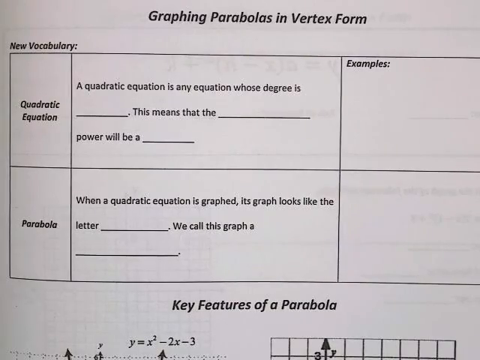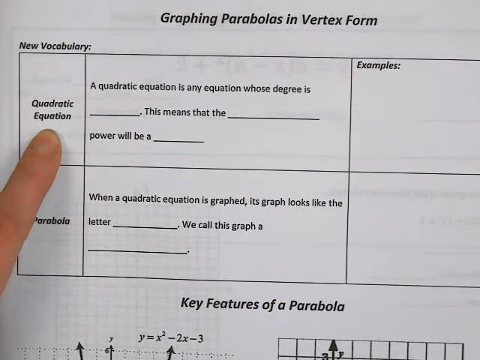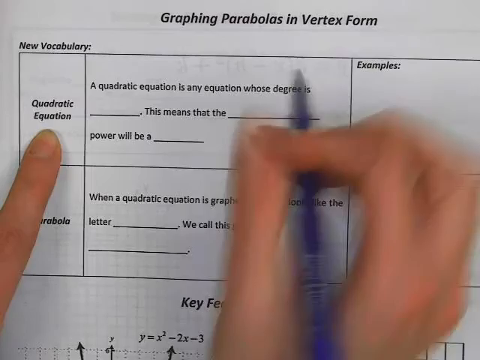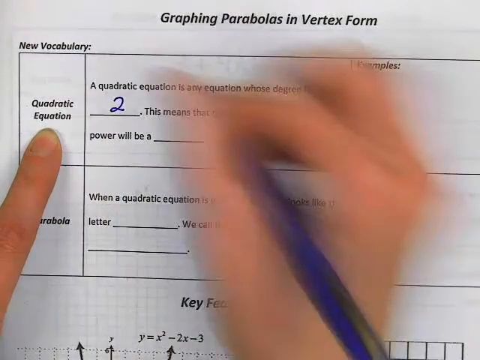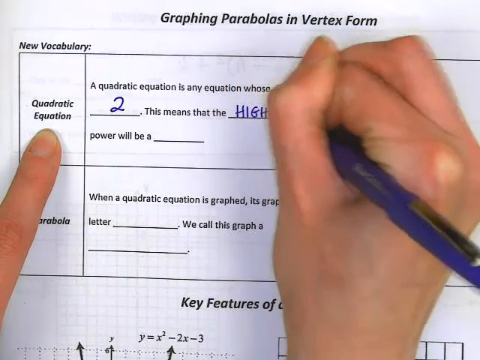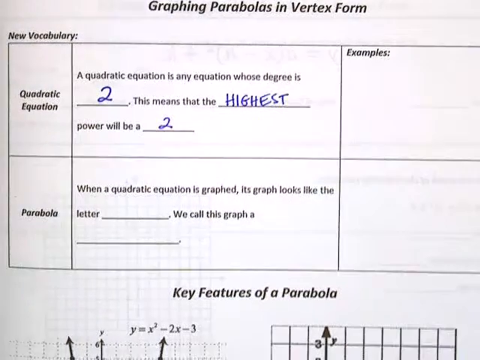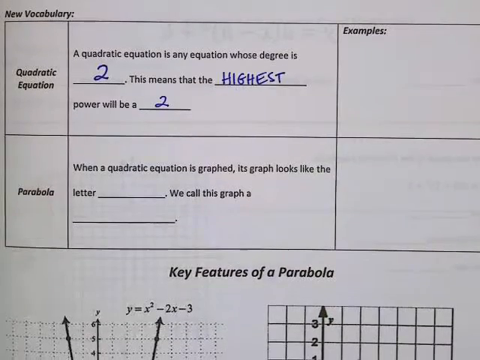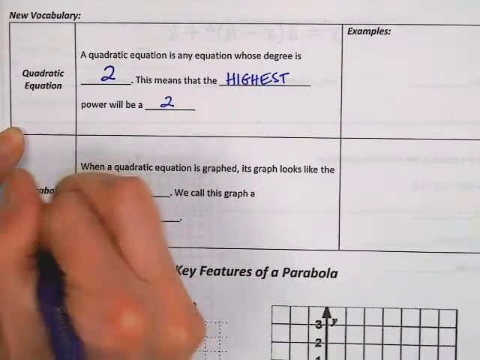This chapter is about graphing parabolas. Let's remind ourselves what a quadratic equation is. A quadratic is any equation whose degree is 2, meaning that the highest power is 2. So anything with the highest power of 2 is called a quadratic, and a quadratic is going to look like